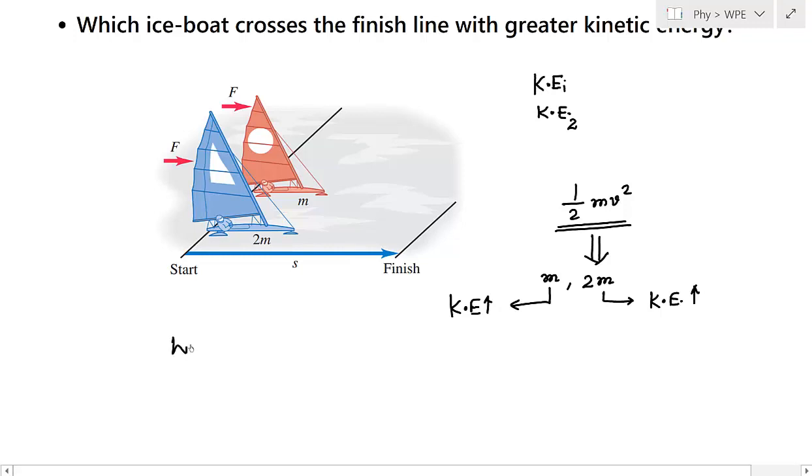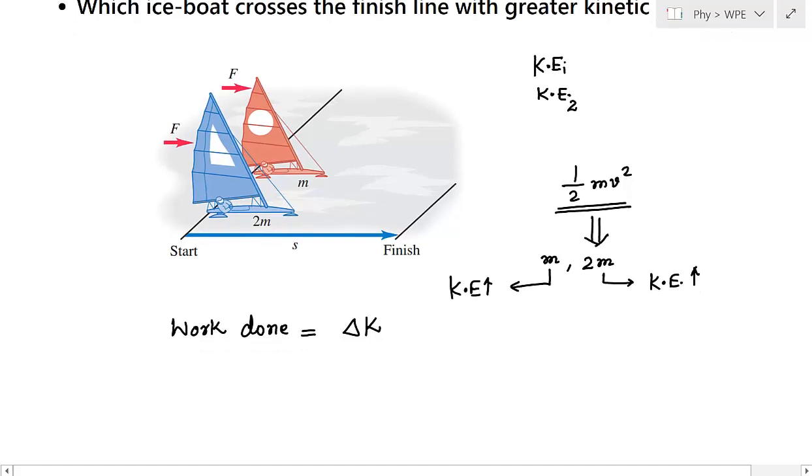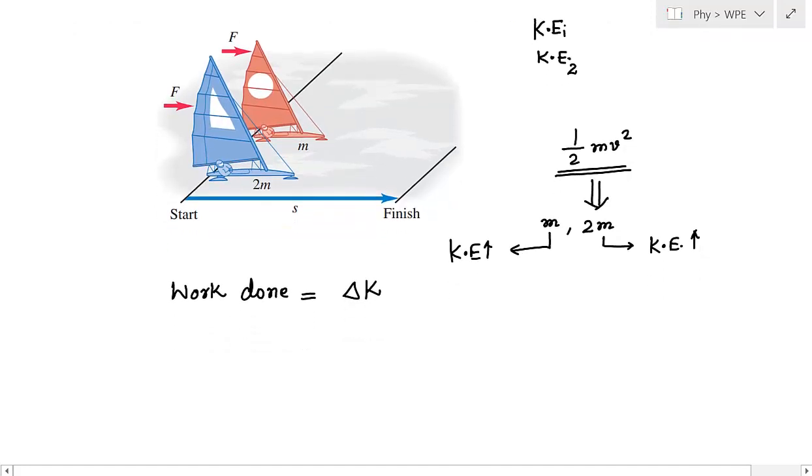So what is the work energy theorem? The work energy theorem says the total amount of work done is equal to the change in kinetic energy. So let us find out the total amount of work done on ice boat 1 as well as ice boat 2. Now in both cases, since this is a frictionless surface, there is no force acting here. So we will consider only this direction because forces in the other direction don't matter, and in this case all forces are 0 because this is a frictionless surface.